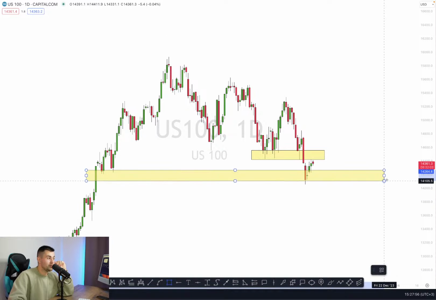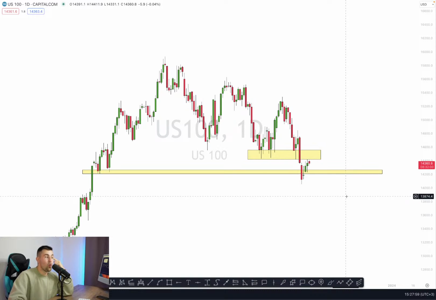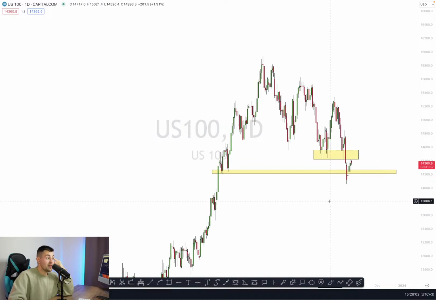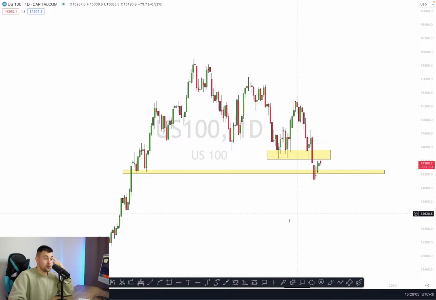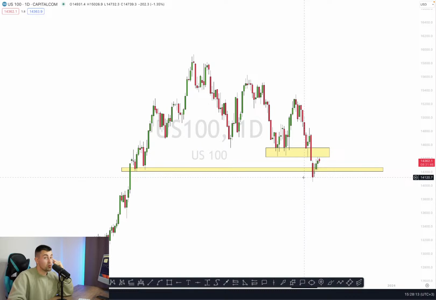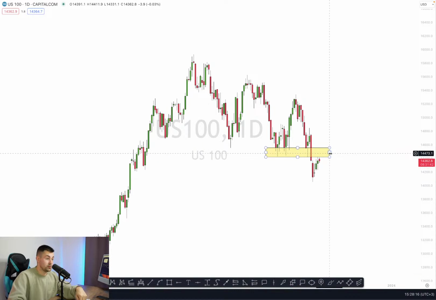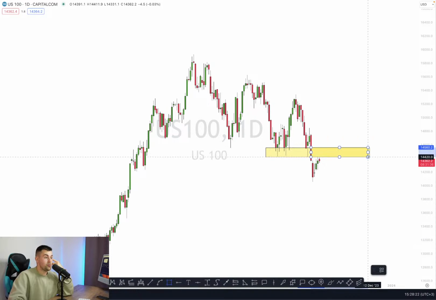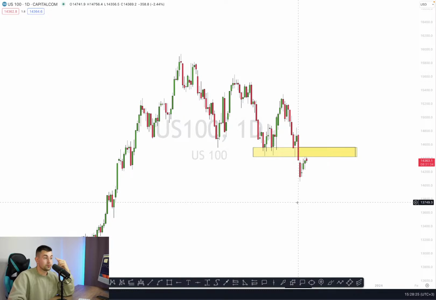And you know what happened? The price violated one more structure. So you can see that the index keeps breaking the structures one after another. And the fact that we so easily violated these two structures signifies that buyers are very weak now. And of course, traders, after the breakout, that structure area turned into a very strong resistance. And I do anticipate a bearish continuation from that to lower structures. Yes, so from that zone, we most likely gonna see a bearish continuation.